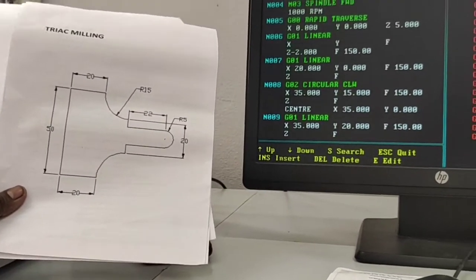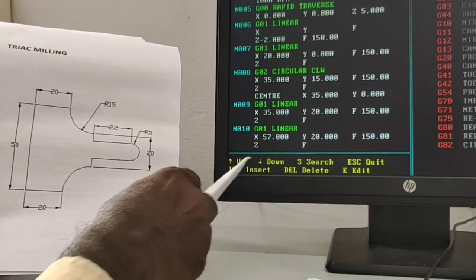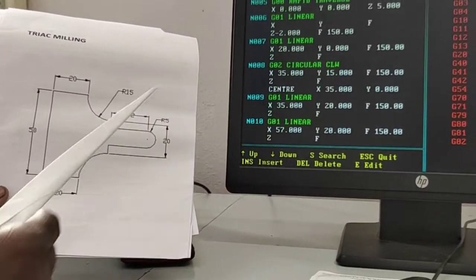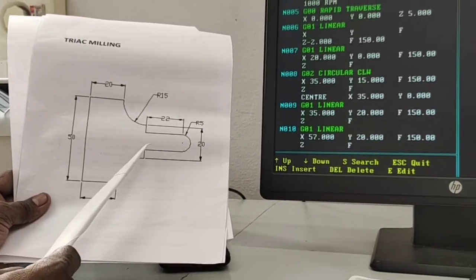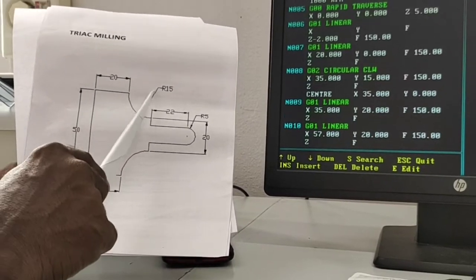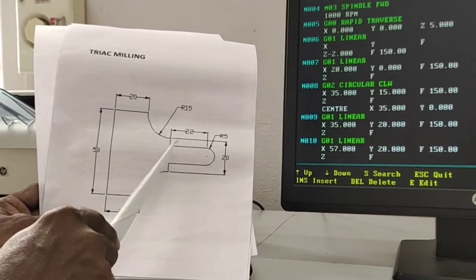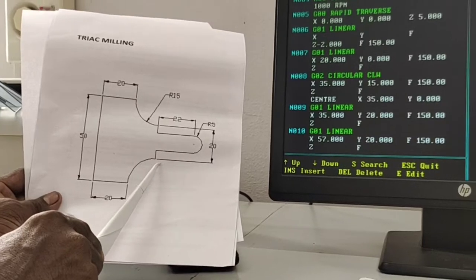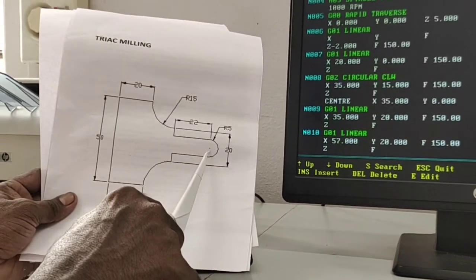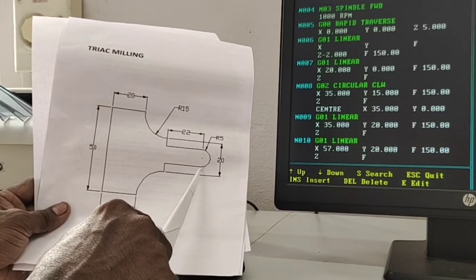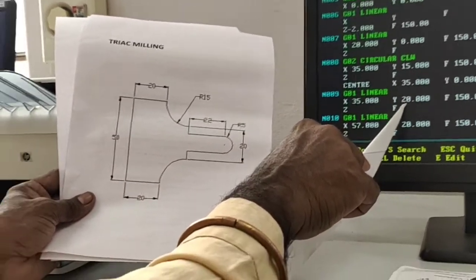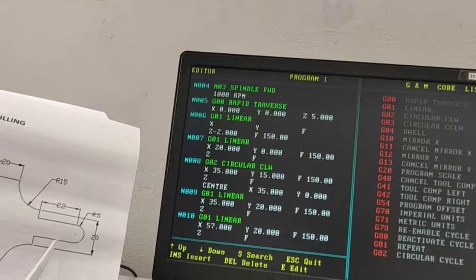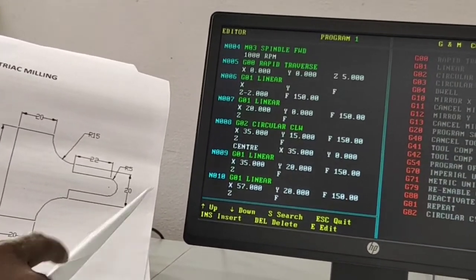The next line is X57, Y20. The value is 35 plus 22, so the length up to this line is 57, but there is no change in the Y axis. Here 20, here also 20. So X57, Y20.